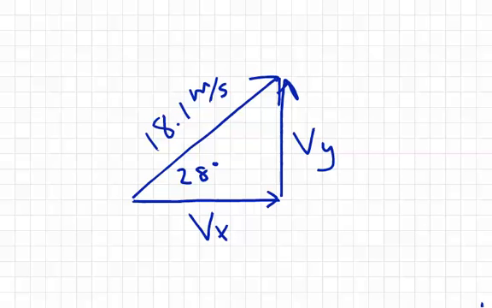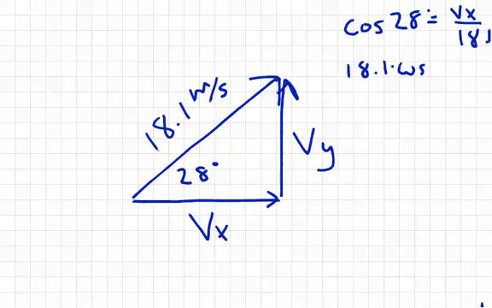Now that we have Vx and Vy, we simply remember to use our sine and cosine to figure out the magnitude of Vx and Vy. So the cosine of 28 degrees equals adjacent over hypotenuse. So that'll be Vx over 18.1. To solve for Vx, I multiplied both sides by 18.1. 18.1 times the cosine of 28 degrees